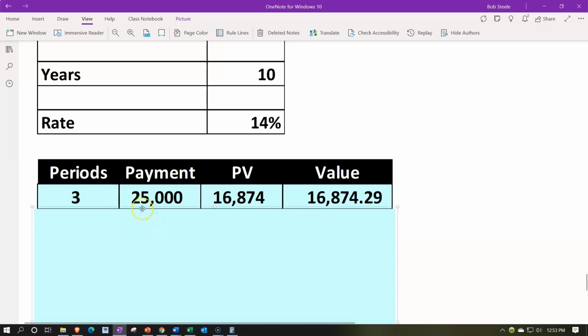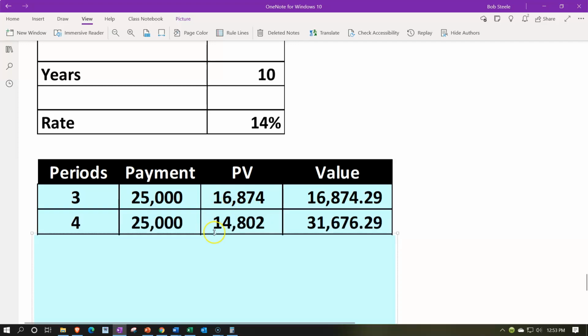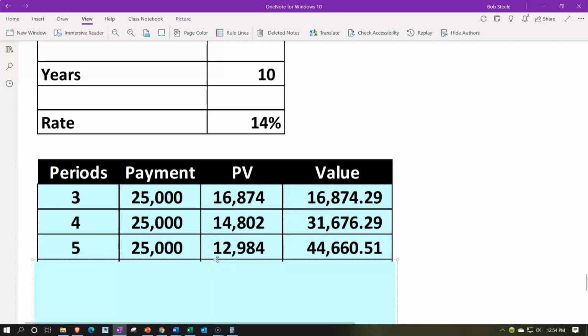So in other words, this 25,000, I could say it starts year 3 because the annuity is 2 years out and you start the annuity at the end of the year. So really that payment happens kind of 3 years out. And I pull that back to the present value simply using present value of 1 calculation, giving us the 16,874.29. The second payment is actually 4 years out. Present valuing that would give us 14,802 plus the prior balance 16,874.29 gives us the 31,676.29. And then the third payment is actually 5 years out, present valuing that 12,984 plus the prior balance 31,676.29 gives us the